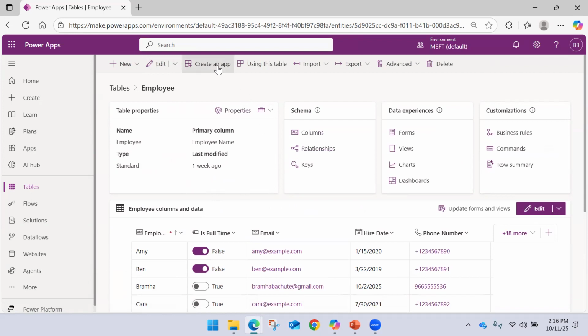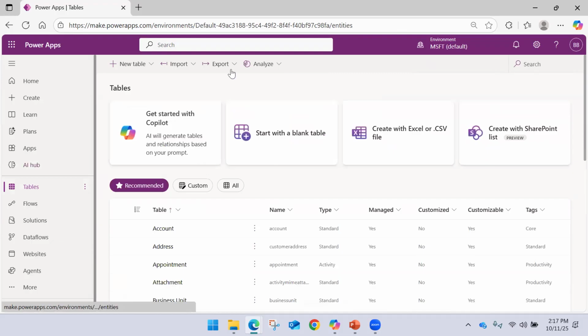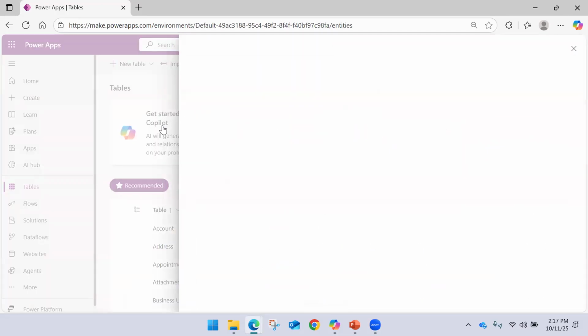If you want to create an application, you can create an application using this table. You can import data with a dataflow in this table, or import data from Excel. So you will be able to do that also. Then export the data. Okay, do we have import data from Excel? So like this,